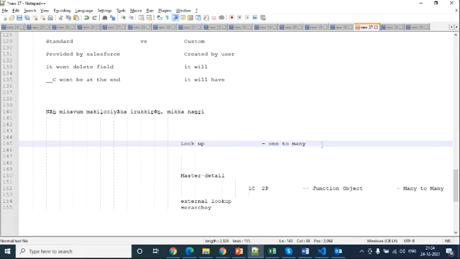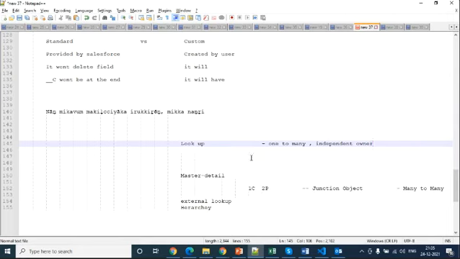It is one-to-many, but it is independent ownership. This is one-to-many only, but dependent ownership. The child will be different from master-detail.